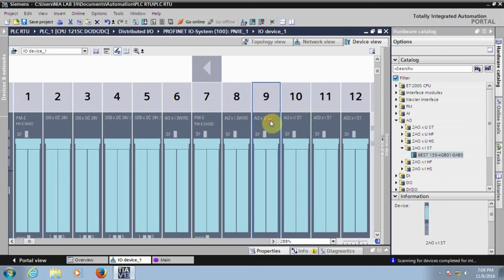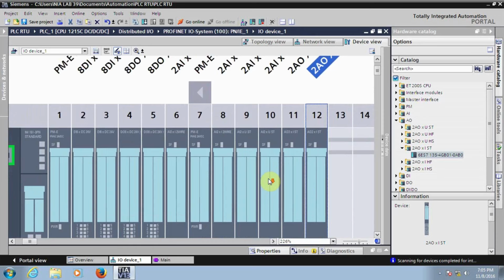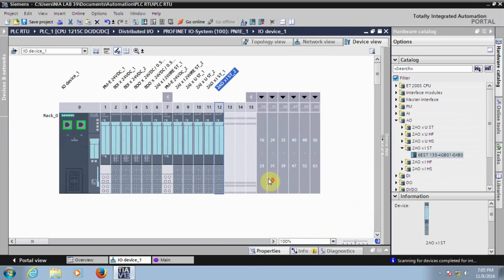modules of voltage. So total 2 plus 2 current, and 2 plus 2 voltage. So total 8 inputs. In between you have a power module, and then you have the outputs, the analog outputs. That is the current channels, so 2 plus 2, total 4. That's it. Now I have cross checked, so the configuration is okay, and now we need to write the